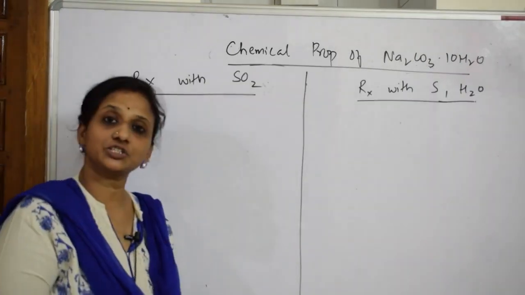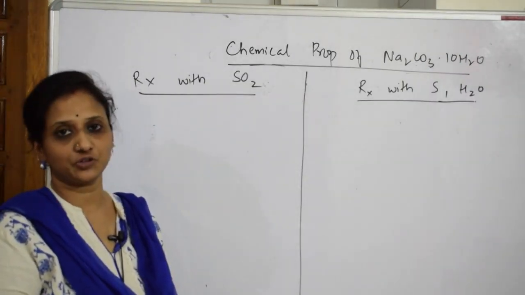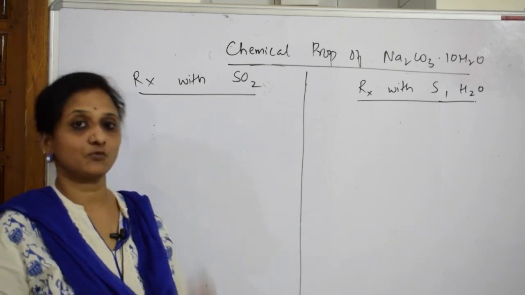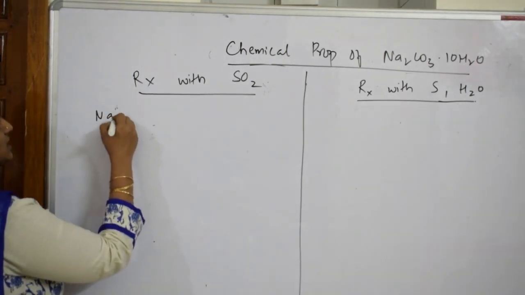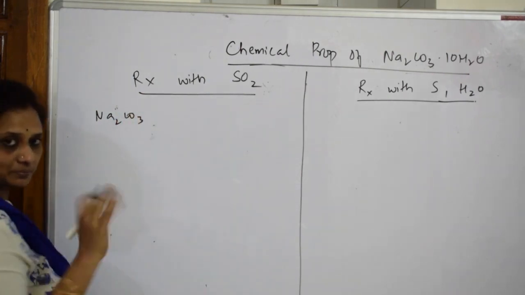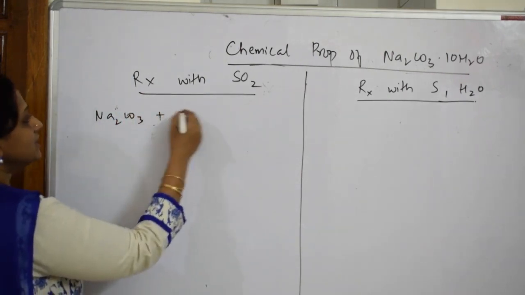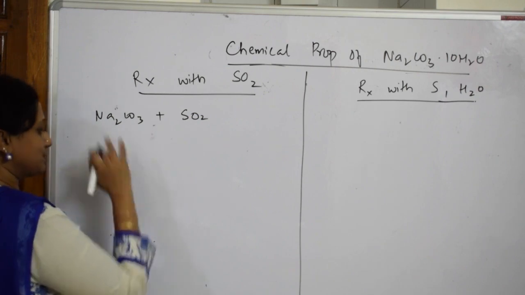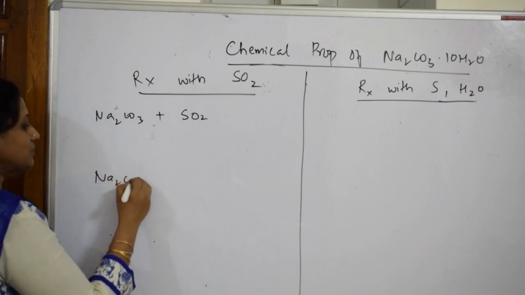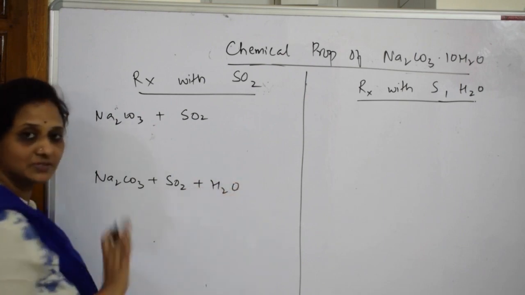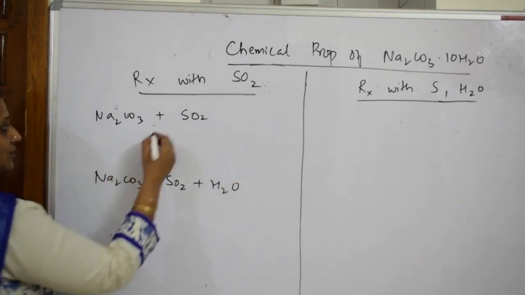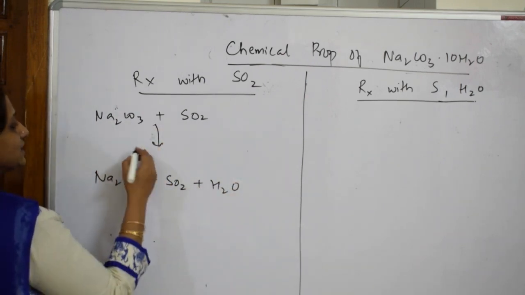Back and see the reaction of sodium carbonate with sulfur dioxide and reaction with sulfur and water. What is the specialty about this? We'll see. Now, if sodium carbonate decahydrate, 10H2O, part of the crystal, is combining with sulfur dioxide, right? Simple. The same thing if sodium carbonate is combining with sulfur dioxide in the presence of water. Simple. Products will be different, isn't it? Right. So when this combines, you will get